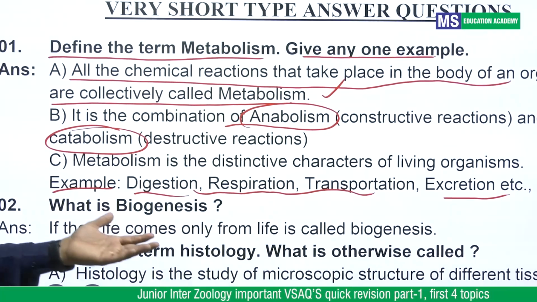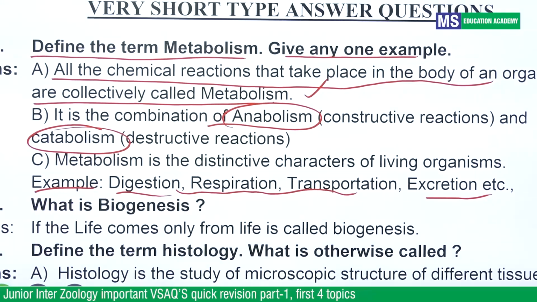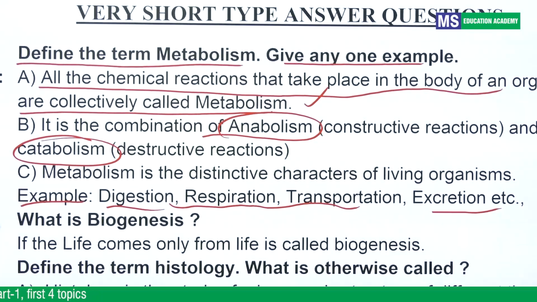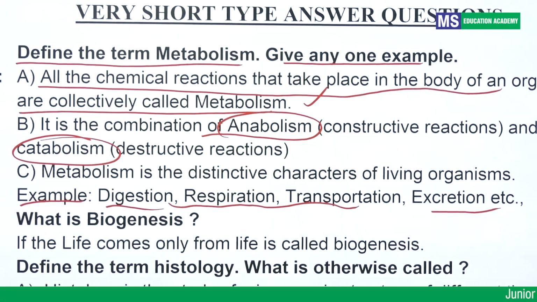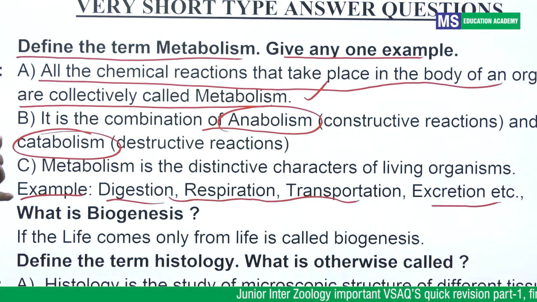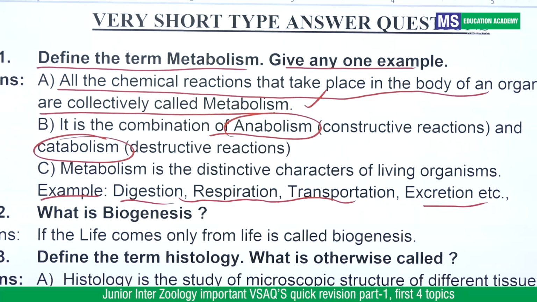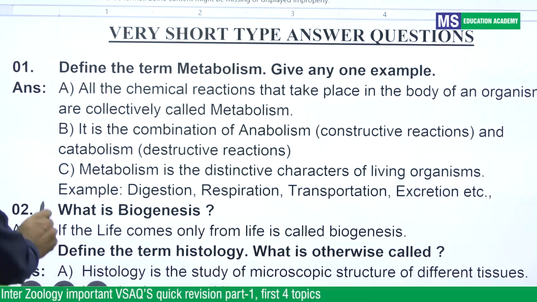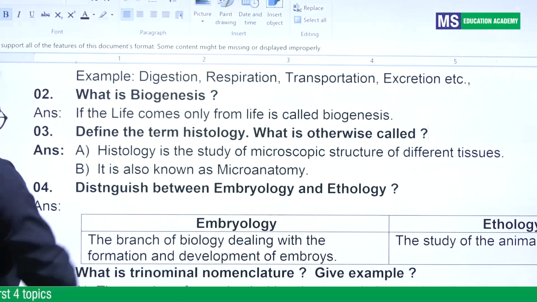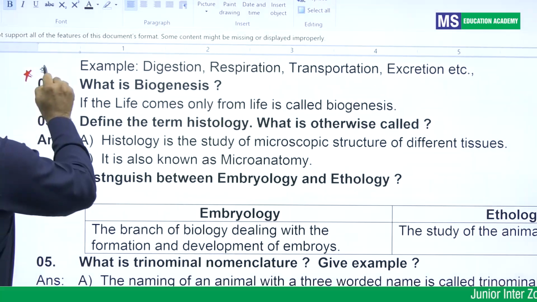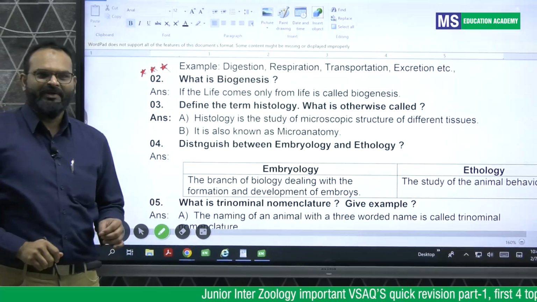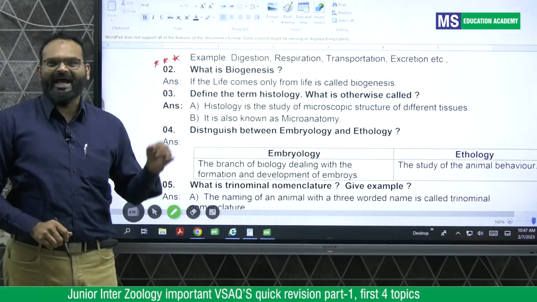We are going to provide this soft copy to all the students. So when you watch the video and see that soft copy, or you can take the printout hard copy also, it will help you for quick revision, and in less time you can memorize these answers, students. Switching to the next question, let me go a little bit faster. What is biogenesis? Students, I am giving triple star to this question. For the final board exam, Junior Inter Zoology exam, I am giving a triple star.